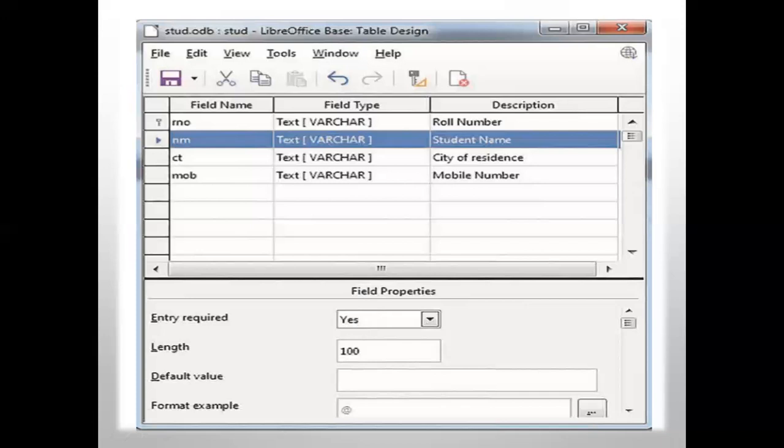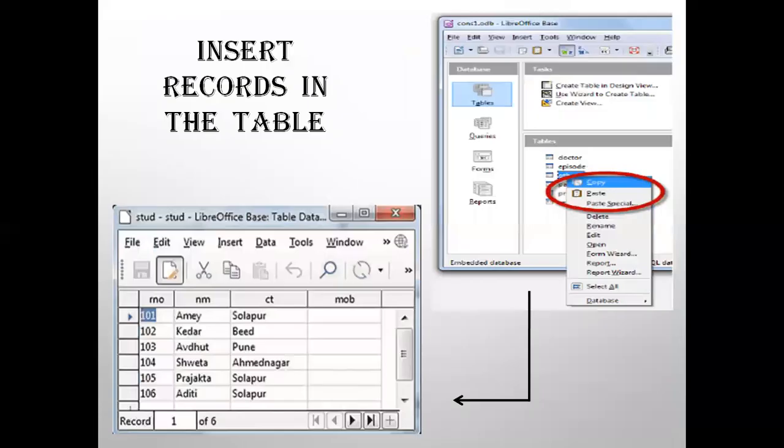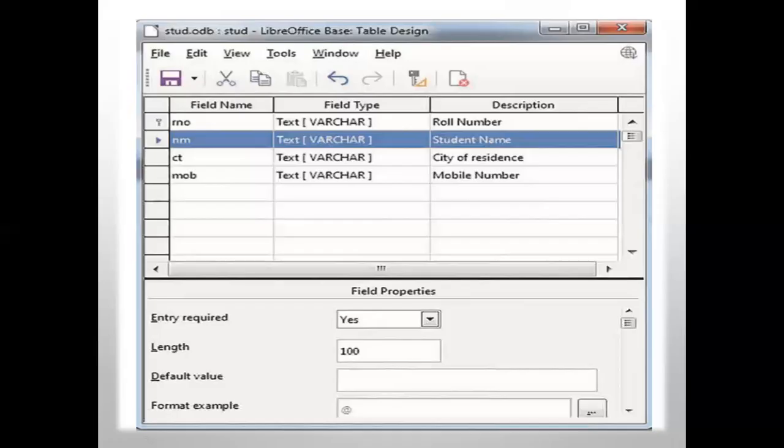Then if you want to set the primary key, the primary key is the unique field. It is something that uniquely identifies a record. For example, roll number. One student has one roll number. Fee receipt number, bank account number, driving license number, etc. So all these are unique numbers which are one for one person.